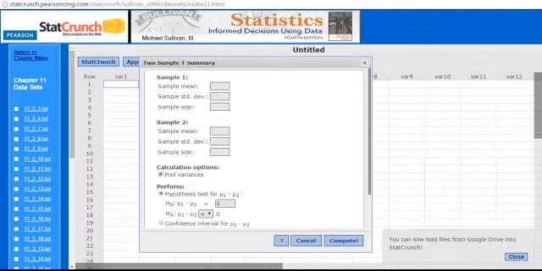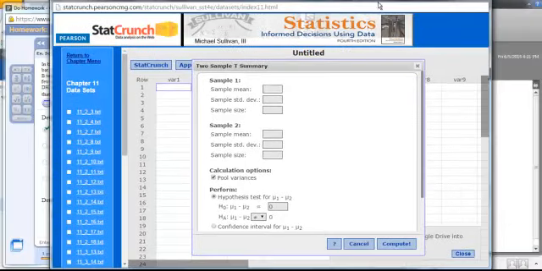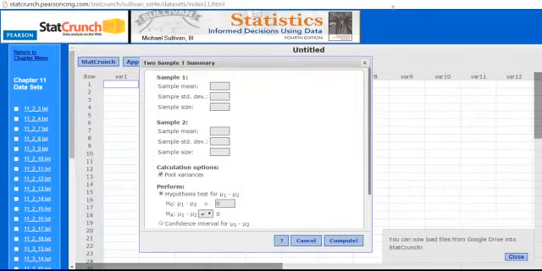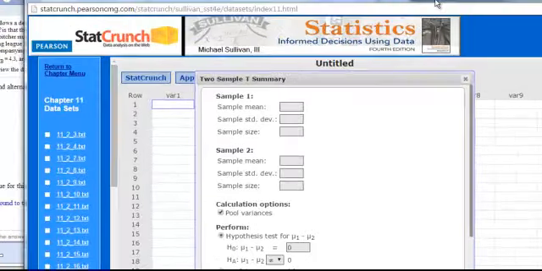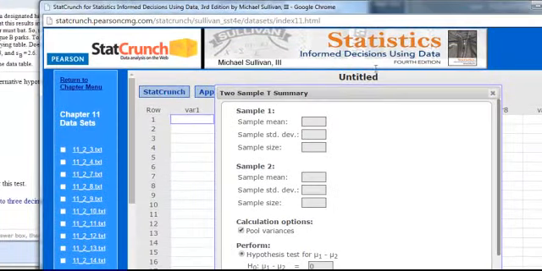I'm trying to make it smaller so I can see the data, and it keeps getting too big. 3.6 is the sample mean, and 3.5 the sample standard deviation, and we counted 30 for the sample size. Then this is 2.6. Oh, 2.6 is the sample standard deviation, so 4.3,